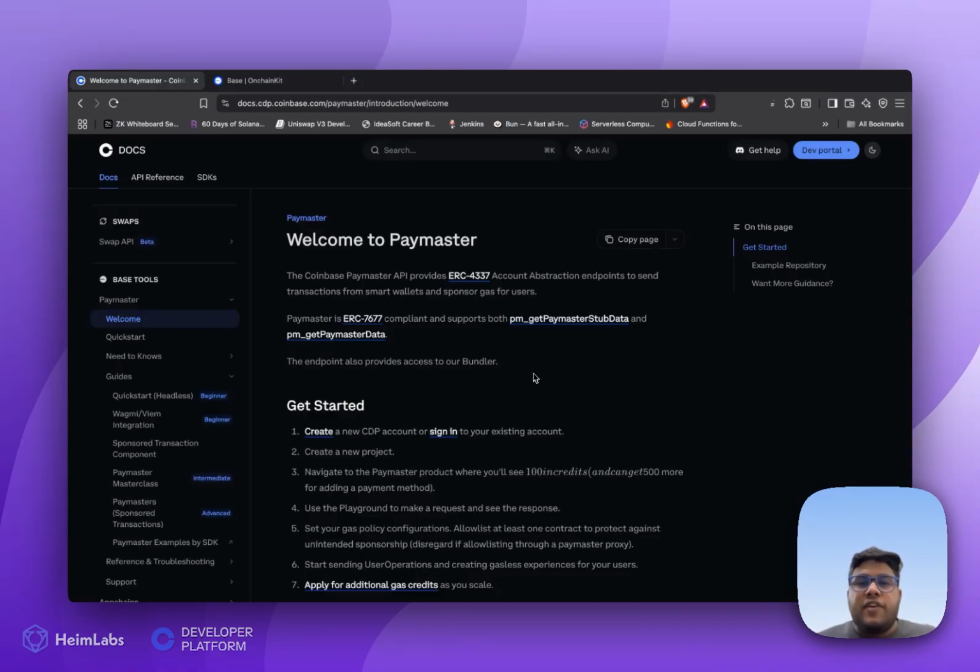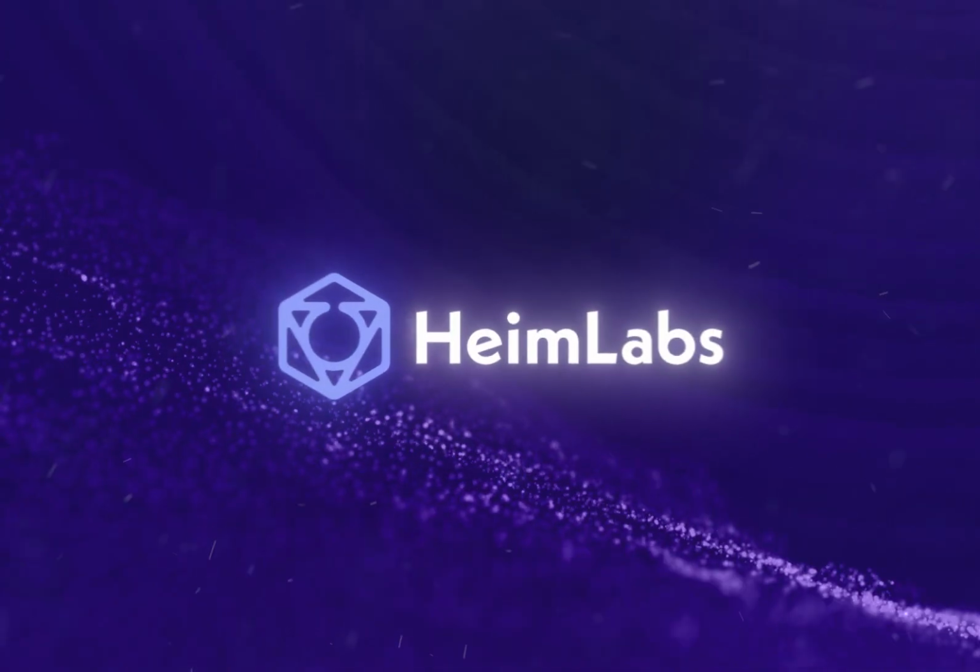We'll build a complete NFT minting experience on Base Sepolia testnet. We'll create a sleek front-end minting page using OnchainKit, and here's the magic. We'll use Coinbase Paymasters to completely sponsor the gas fees for any users who connect using Coinbase Smart Wallet. By the end of this tutorial, you will be able to create dApps that feel as seamless as web applications, dramatically improving the user onboarding experience. So let's get started.